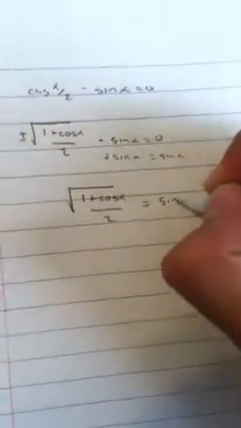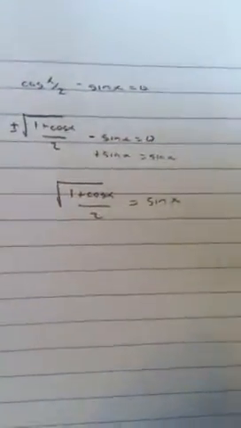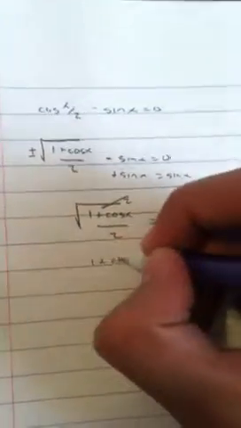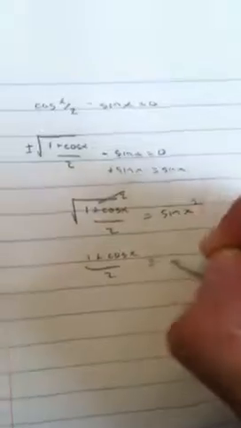And now the best thing we could do is just add sine x to both sides, so we're left with the square root of 1 plus cosine x over 2 is equal to sine of x. By adding sine of x to both sides, it allows us to square both sides to get rid of the square root. So now we have 1 plus cosine x over 2 is equal to sine